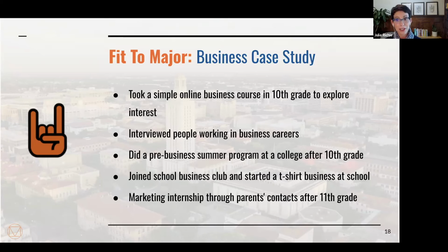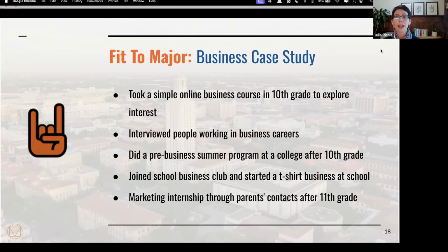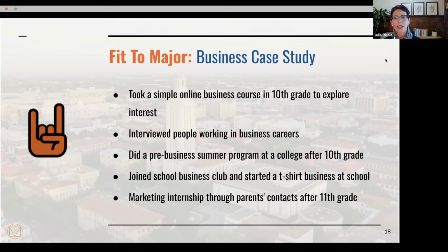So he talked to his parents, and they knew some people who were in careers related to business. For example, one of his dad's friends ran a restaurant, and another friend's mom worked in HR. So he talked to both of those people about their jobs, about what they do, how they got there, what they like and don't like. And after talking to his friend's parents, he learned about how businesses use marketing and he became more interested in that. So he explored marketing in a focused program on a college campus during the summer